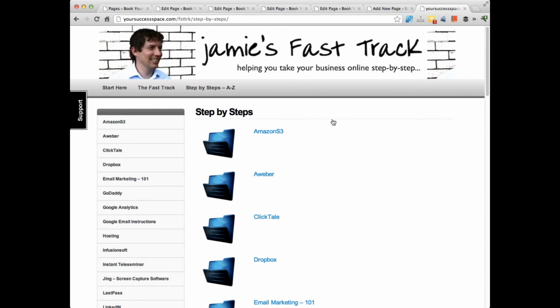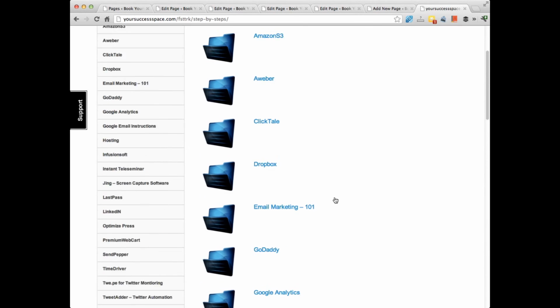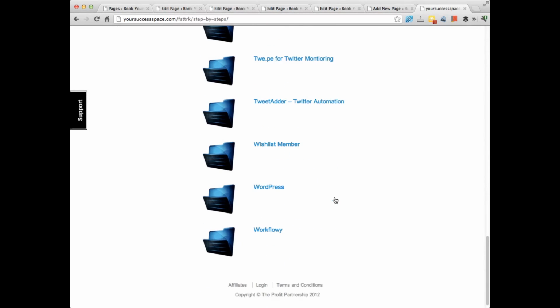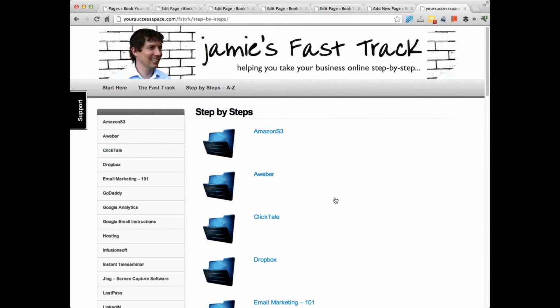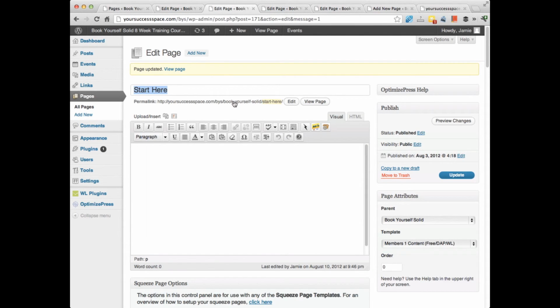So if this step-by-steps page itself is a module template, then every template underneath is whichever template it needs to be, they're all content templates. But if you wanted to see all of the content like this, then that's a module template. You can just play with the templates and see what it looks like on the screen. If I was to show you what this Book Yourself Solid looks like, if I switch to the live view of this,